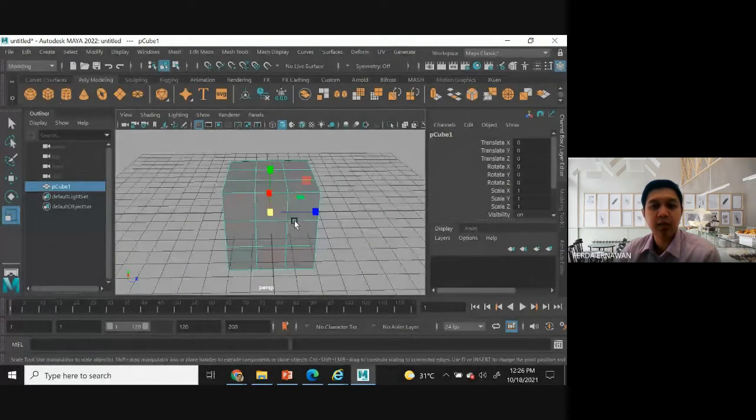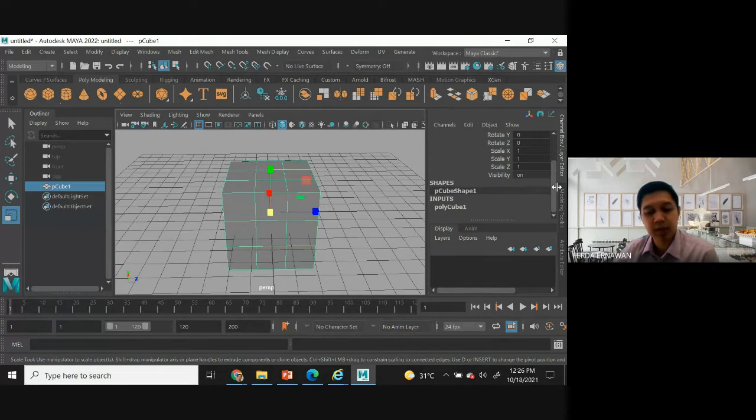You multiply 9 by 6, the total of your polygons. As I explained before, we have a polygon, a vertex, edges, and then an object. All right, this is the property.